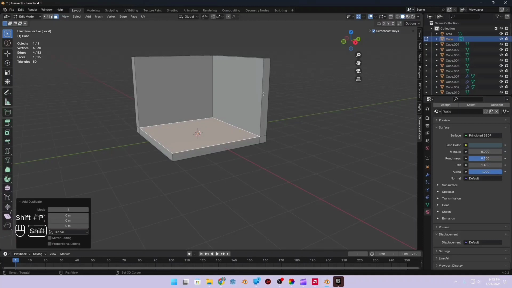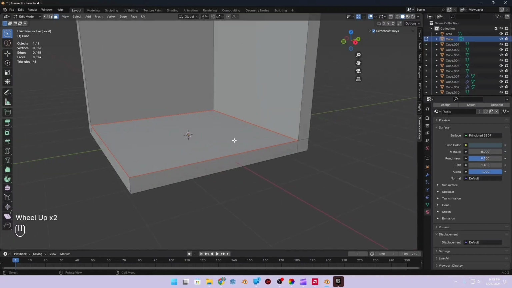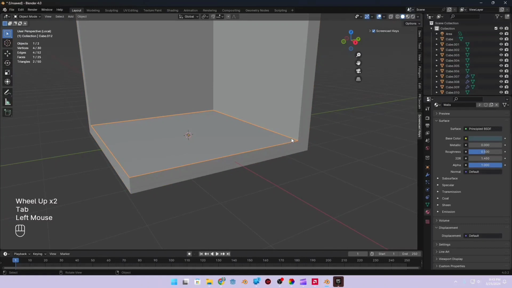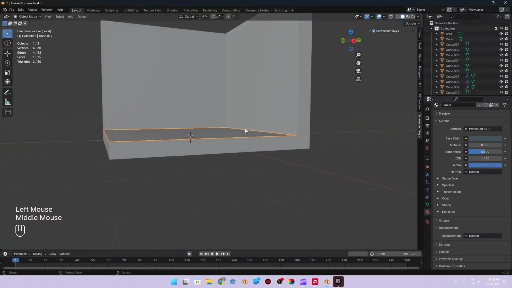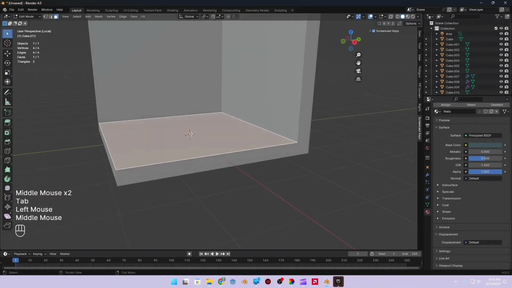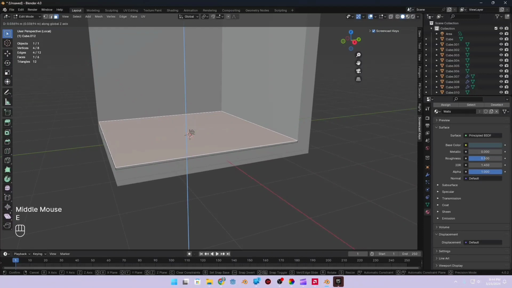No. Shift P? No, P. Yeah, just P, and then press Selection. So now it says Own Object. See, right there. And we're going to go to Edit Mode, select the face, extrude it,